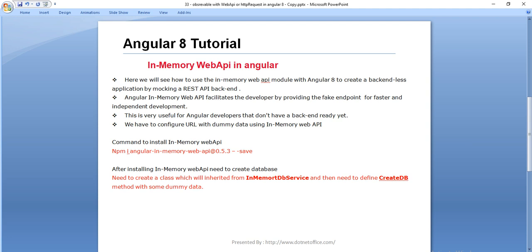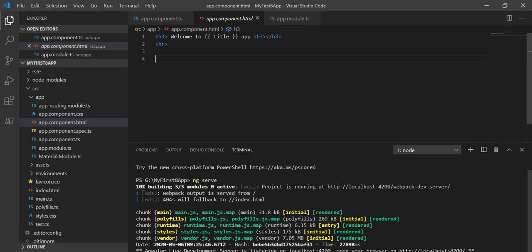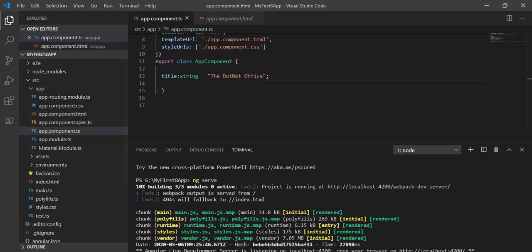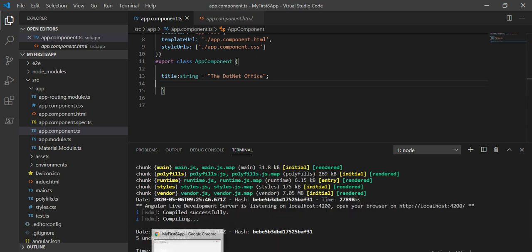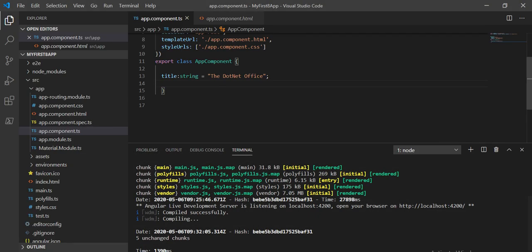So let's go to Visual Studio Code first, and here we can see I have an application which does not have anything. So let's save it and see what it is showing in the browser, and we'll proceed with the further changes. We don't have any changes, we have only one message called welcome to the .NET Office app. Now we are going to implement our dummy web API data, and we will fetch the data through a service in